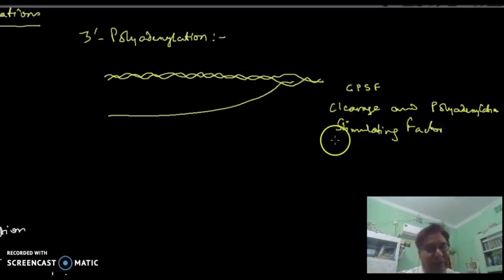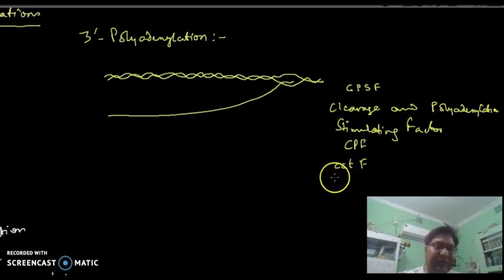In case of yeast, it is simply called CPF, cleavage and polyadenylation factor, and the other factor is CSTF. This is also CSTF, cleavage stimulating factor. So these two factors have to come and bind to the RNA, to a particular sequence of RNA that acts